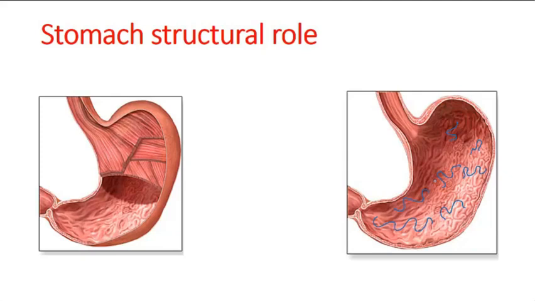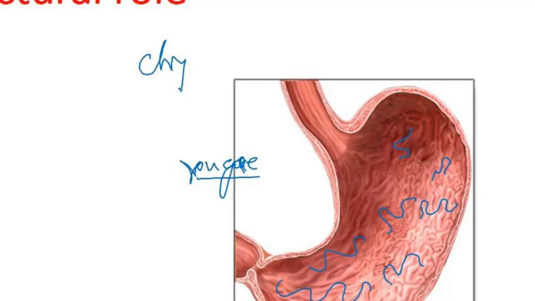Okay, these folds are known as rugae, R-U-G-A-E. Rugae are specific folds, internal folds that we saw in the stomach. Okay, so the stomach can expand according to its requirements. Once the food is mixed with the gastric juices, which are secreted by the stomach itself, all this food mixed with the gastric juices is known as the chyme. Remember, it's known as the chyme,